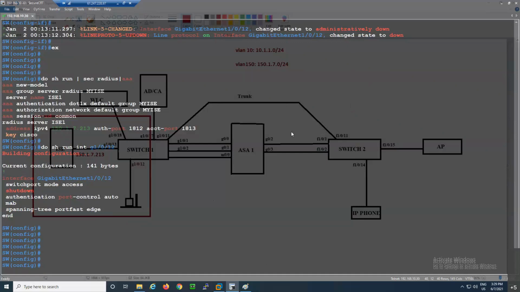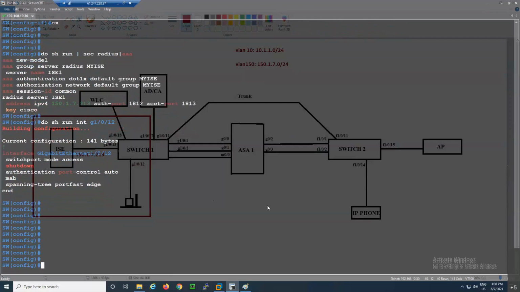Okay. After that, you will create an identity group to put the MAC address in that identity group. See here, identity group will be used to group same type of users together on which you want to push same authorization, because we can call this identity group in authorization policy. So in identity group, if you are configuring 50 MAC addresses and you are calling that identity group in authorization policy, then that particular authorization policy will be enforced on those 50 users which are the part of identity group. Okay.